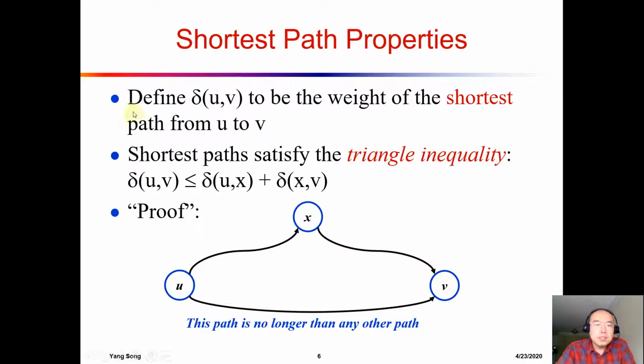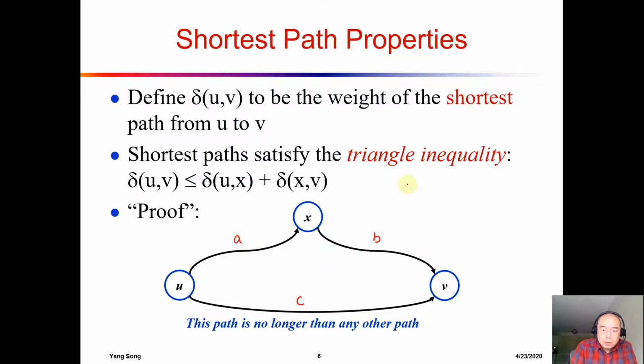So we are going to use delta. Delta UV is the weighted shortest path from U to V. And for delta UV, if we pick another node X in the middle, then delta of U to V will be smaller than or equal to delta U to X plus delta X to V. Okay, and the reason is, if delta U to V is smaller than delta U to X plus X to V, so if I give the names A, B,